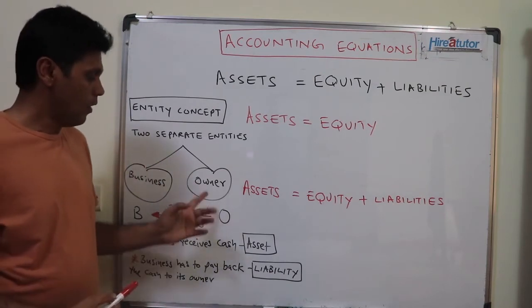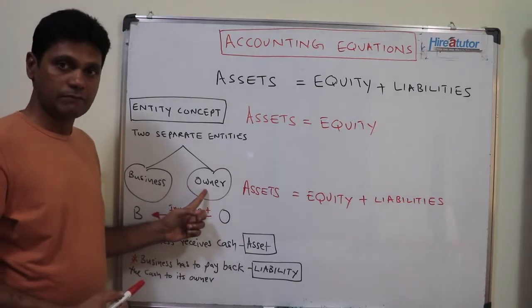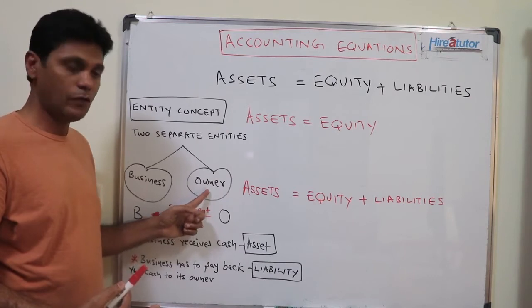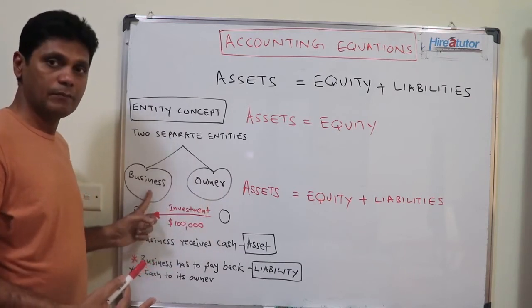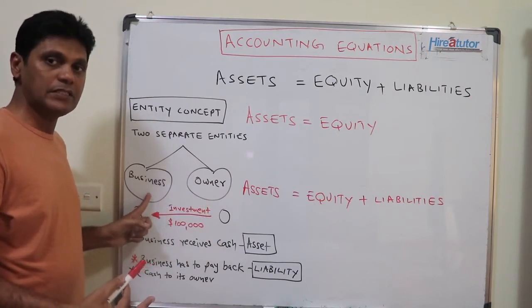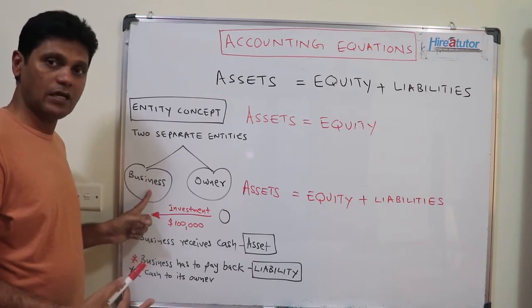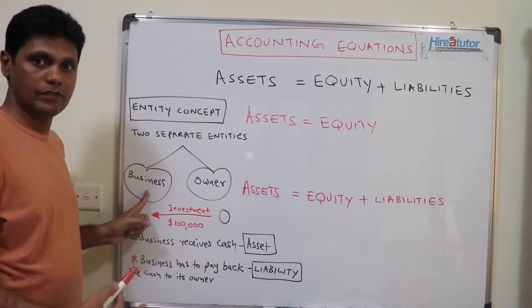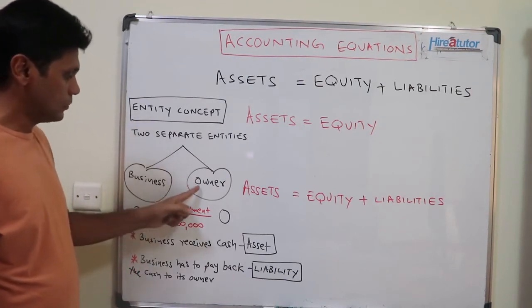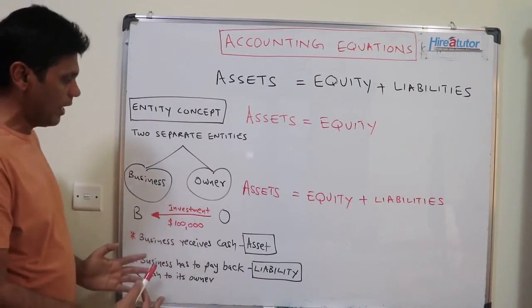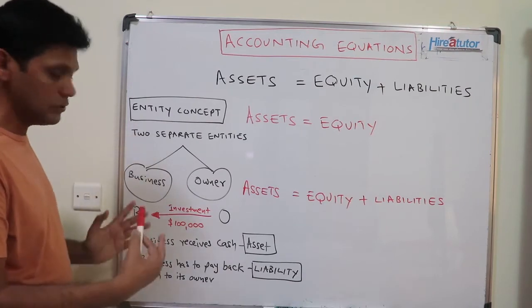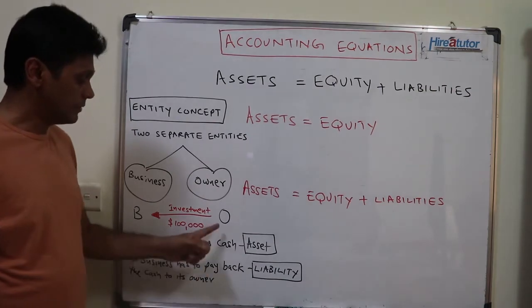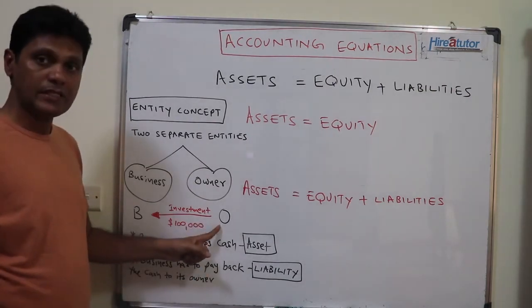Therefore any transaction that belongs to the owner will not be recorded under the business books. Only the business-related transactions are recorded in the books of the business. Let's look at this by taking an example. For example, let's say the owner has invested